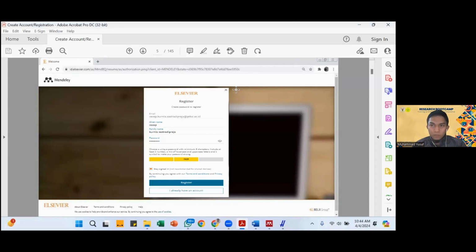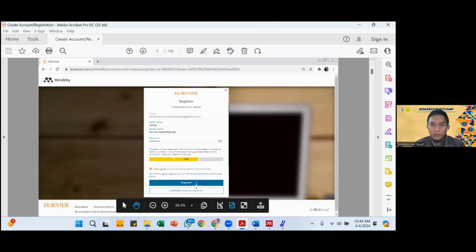You should create an account with Elsevier. Don't worry, it's free to create an Elsevier account. Just click create account, and then fill in the blanks with your email, given name, family name, and your password. And then click register.